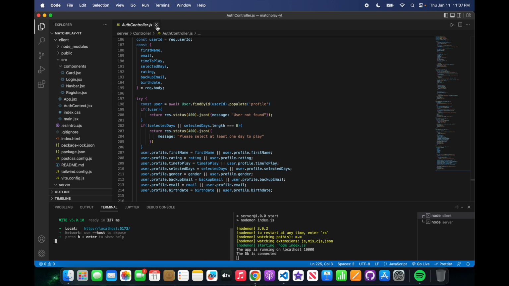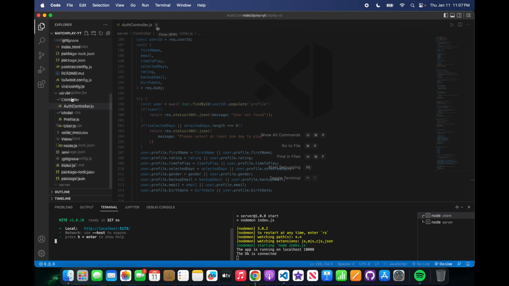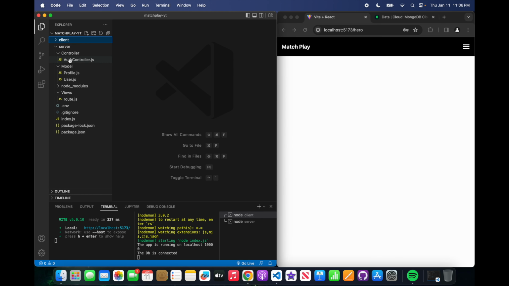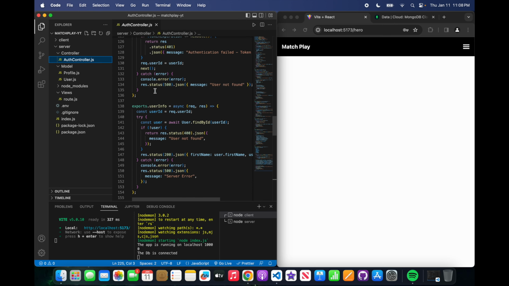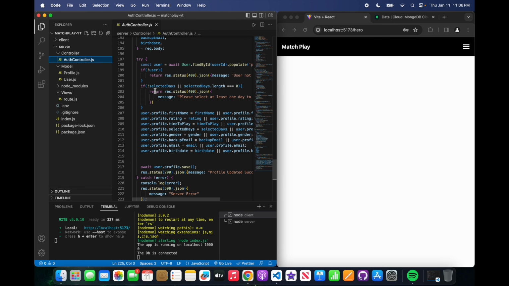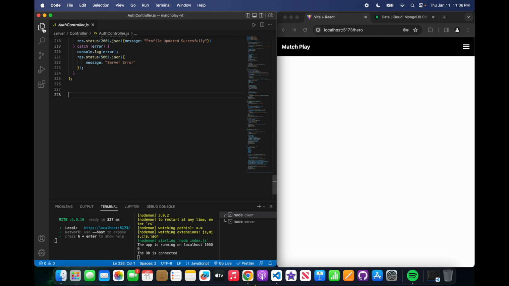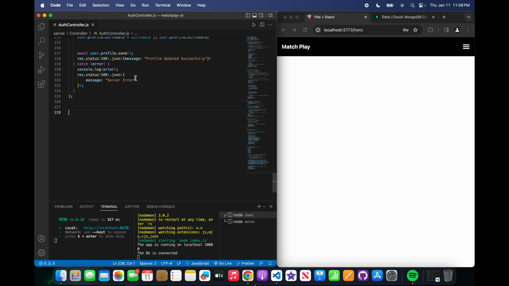So we can just get started now. Let's come over to our server. So let's close this and let's do something. Let's create our logout. So for our logout, it doesn't matter much where we put it. We could just place it right at the bottom here. So we're gonna say